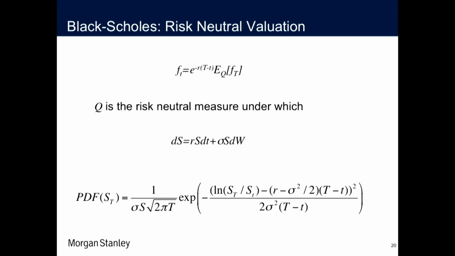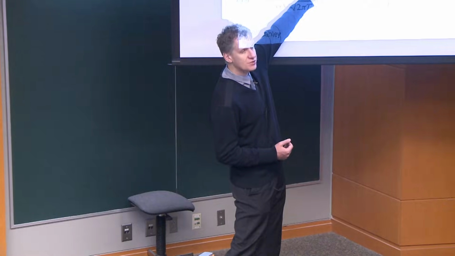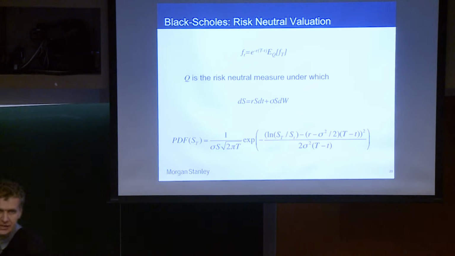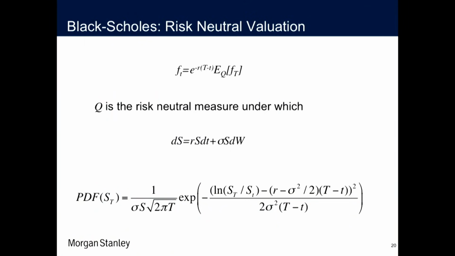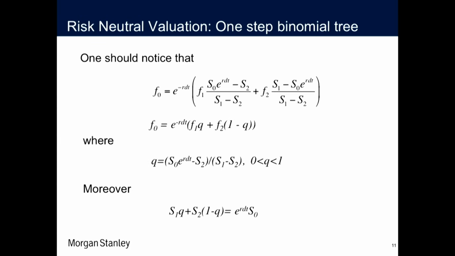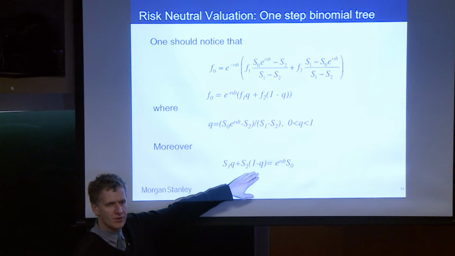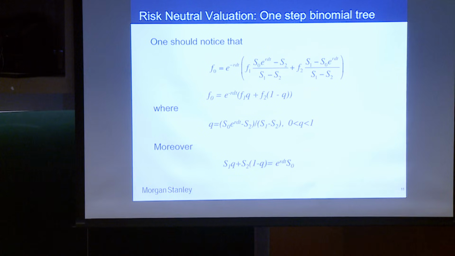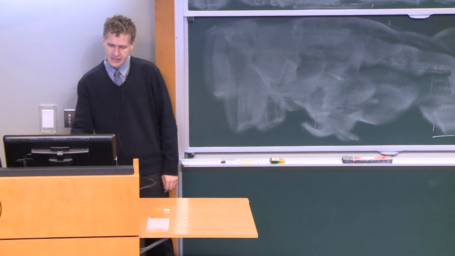And how do we find this risk-neutral measure? Well, the risk-neutral measure is such that the drift of our stock is actually the interest rate. It's riskless. That's exactly how we saw it in our binary example, right? Even in our binary example, the expected value of our stock under the risk-neutral measure, meaning using the risk-neutral probability, was drifting with the interest rate r. The same happens in the continuous case.